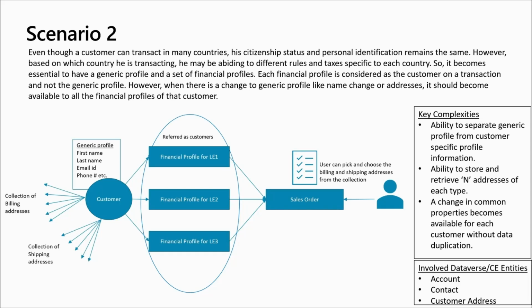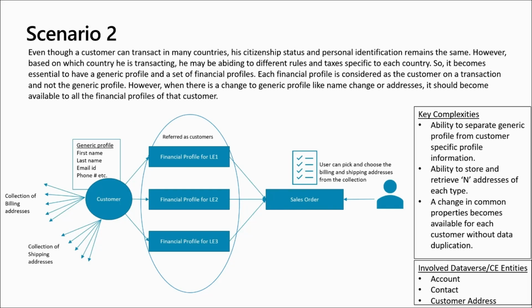They transact on a different set of financial profiles, right? Therefore, you can consider a party with a generic profile, which is my customer. However, in each legal entity it has a different financial profile, right? And you can create sales orders against these financial profiles in each legal entity. Therefore,